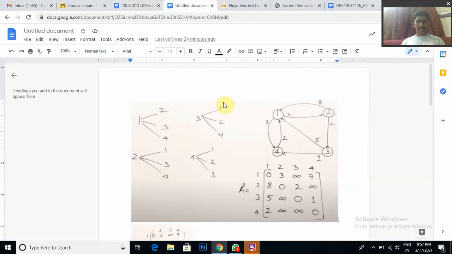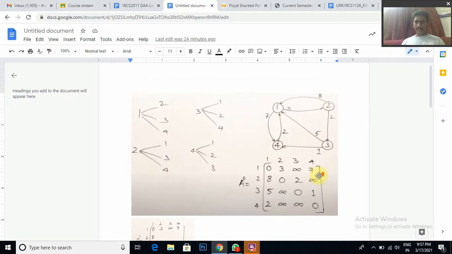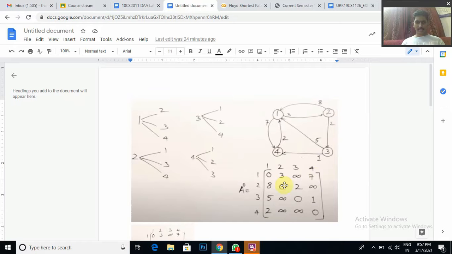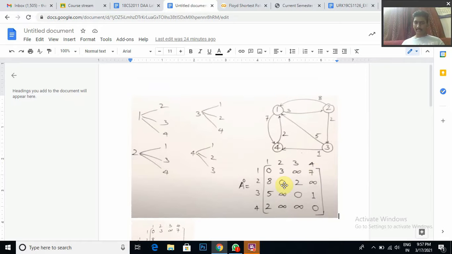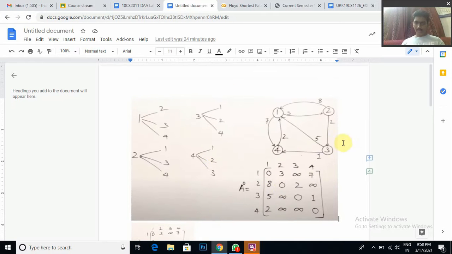If you have an idea of solving it mathematically, then you can do it easily in programming. So for that I have taken an example here. This is my graph and this is the cost matrix of this graph. We have to remember one thing: while programming, the cost matrix is the same as the input matrix, that is my adjacency matrix. So here I have 1, 2, 3, 4 as my vertices.